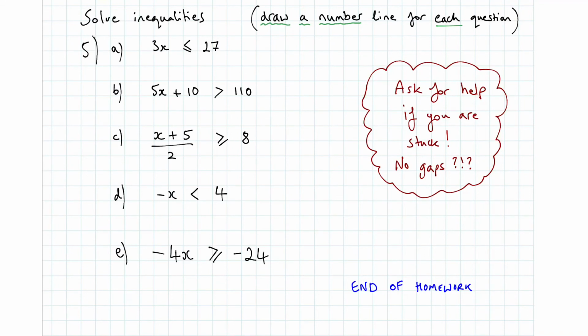Solving inequalities. Now it says draw each on a separate number line, so I do want you to make sure you do that. Remember, you get arrows on those diagrams and they need to be pointing in the right direction. Sometimes you colour in the little circle and sometimes you don't. Whatever you do to one side, do the same to the other. Be careful if that involves a minus sign. We've talked about that flipping rule where you flip the inequality sign around, so be very careful there, particularly in